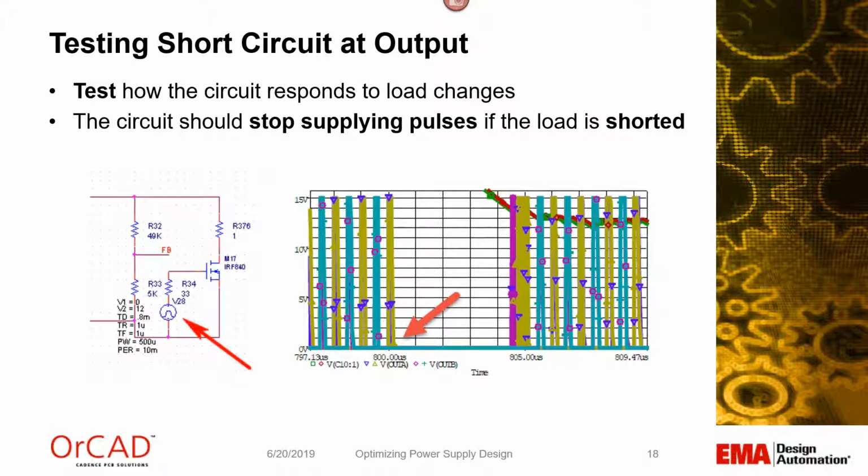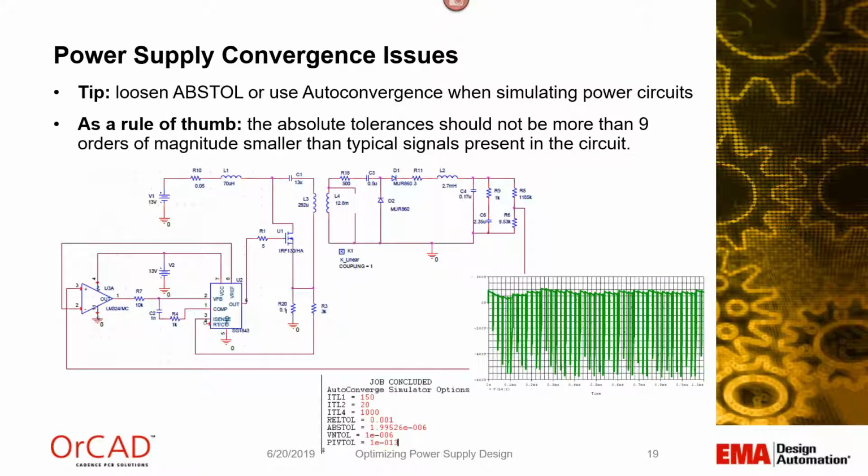And then when the short ends in our load, we have our soft start where we're trying to ramp up our output voltage, and we have more dense pulses before it reaches steady state and we return to our previous duty cycle. As you play with SPICE simulations more and more, you'll find that especially at higher frequencies and with